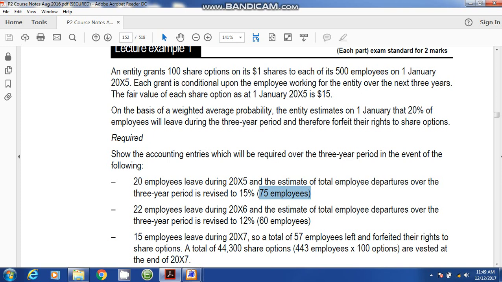Each employee has been offered 100 share options. These options are fair valued at the beginning of the year, the date of being granted, at $15. But the condition is that the employees